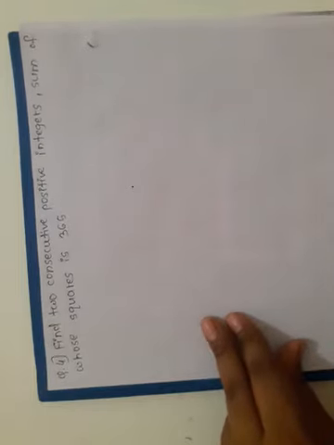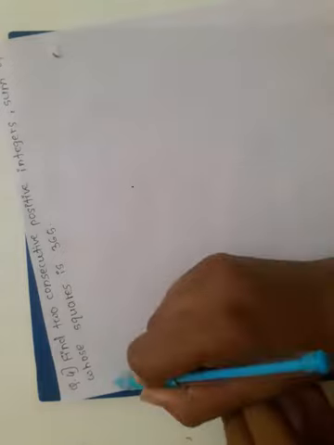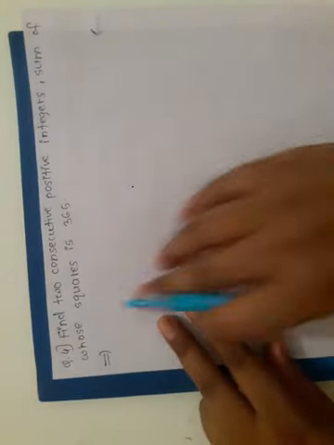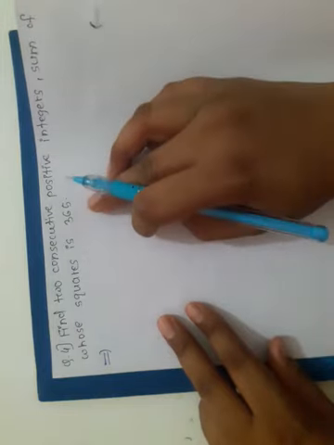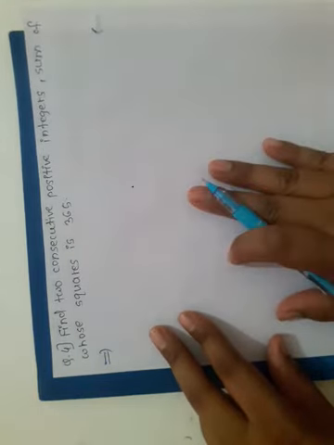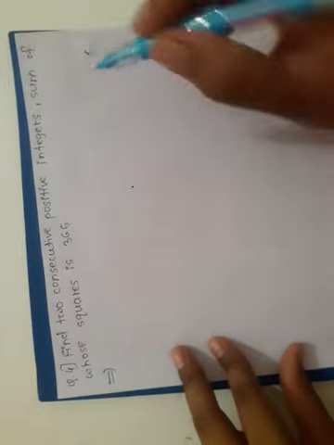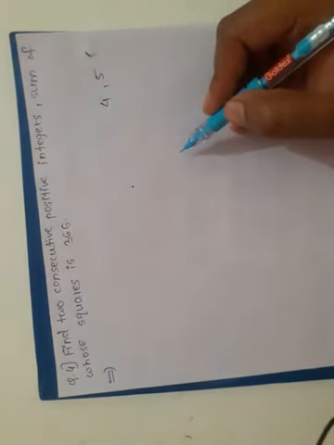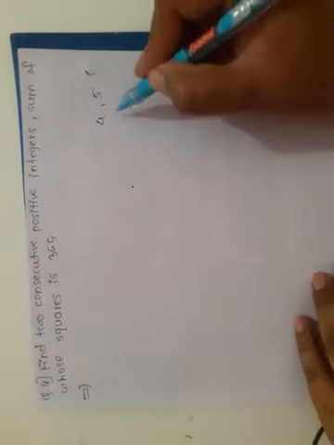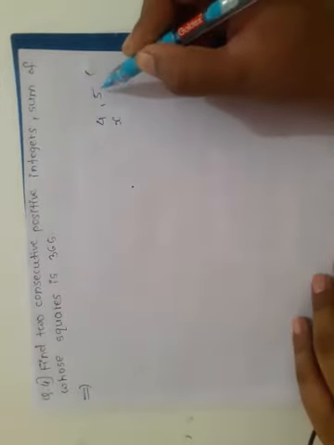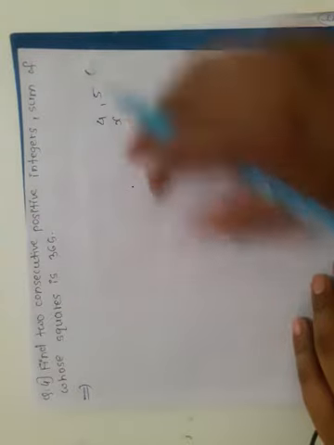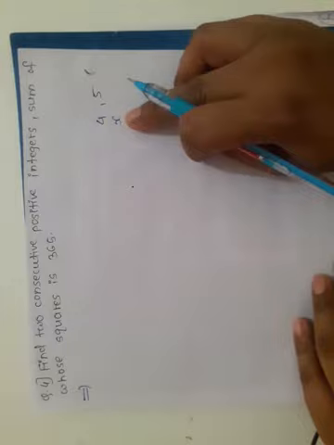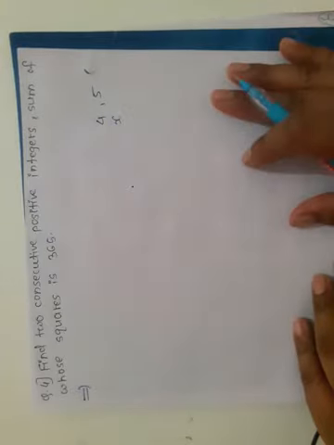Find two consecutive positive integers, sum of whose square is 365. It means we have to find two consecutive numbers, the sum of whose squares is 365. So let's suppose them as x and... see, if 4 and 5 are the two consecutive numbers, if we suppose 4 as x, then how can we write 5? Obviously our quadratic equation is in the form of only one variable. So if we suppose the first number as x, then the other number must be in the form of variable x.